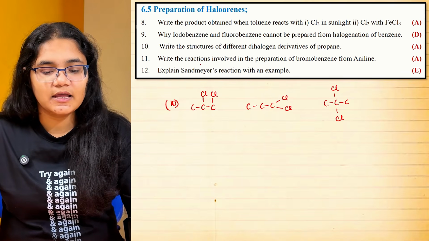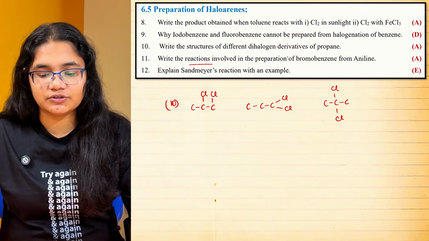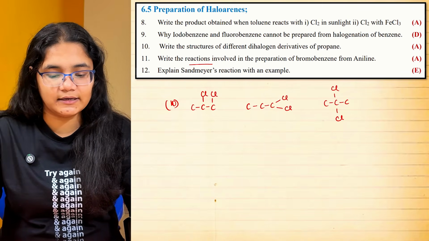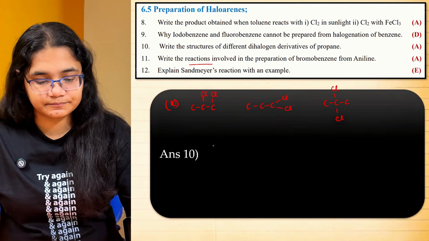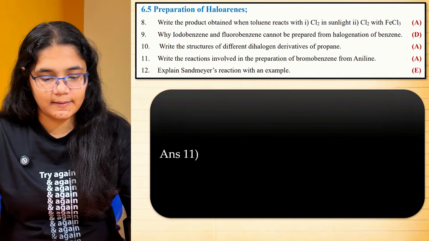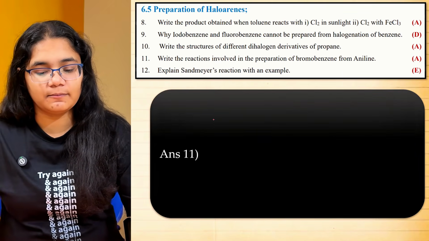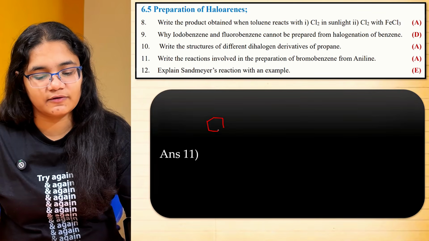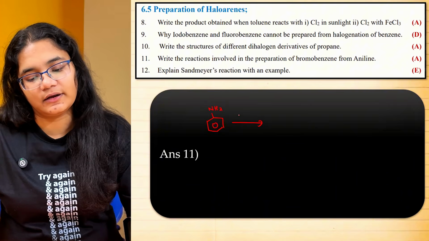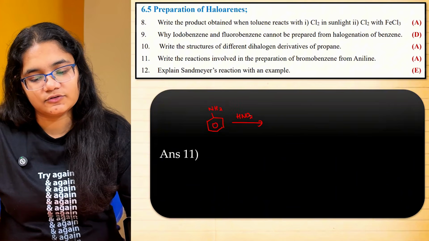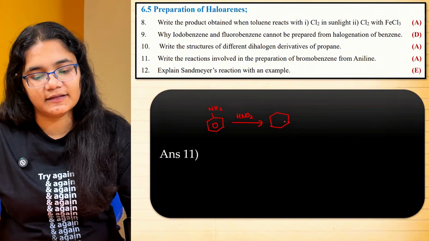Next, write the reactions involved in the preparation of bromobenzene from aniline. Okay, so if I want to prepare bromobenzene from aniline, first you have to take aniline. This is your Sandmeyer reaction. Then you have to treat it with nitrous acid. That will give you benzene diazonium chloride,